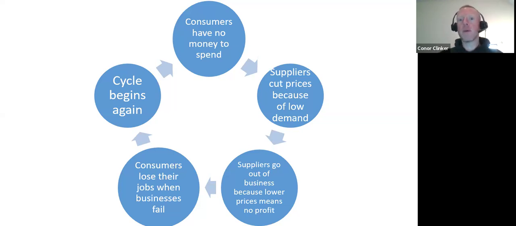Right? There's low demand for movie tickets in this example. That means the theaters are going to start slashing the prices for admission. The problem with that is if you cut the price too much, you're going to go out of business, because however much you cut the price, you still need to pay your employees the same amount. You still need to pay your electric bill. You've already spent money to run the business.